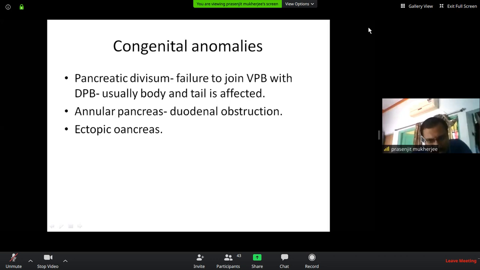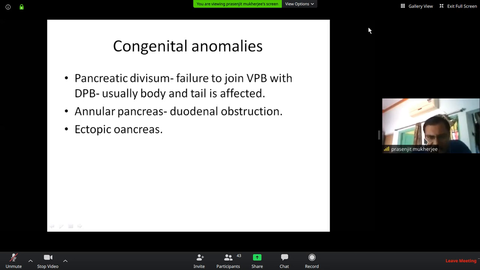So pancreatitis is the clinical feature due to pancreas divisum. Usually, the body and tail region is affected in pancreatitis because they are drained by a smaller duct and they drain into the minor papilla. But the head and neck region and the uncinate process drain through the wider duct of Wirsung through the major papilla. There is usually no pancreatitis. So usually the pancreatitis affects the body and tail region as they are drained by the minor papilla.